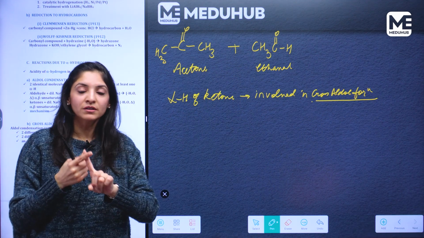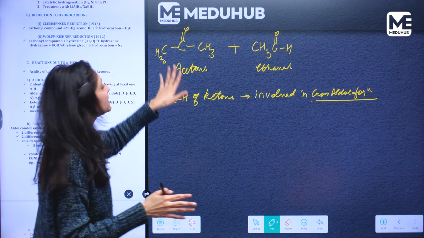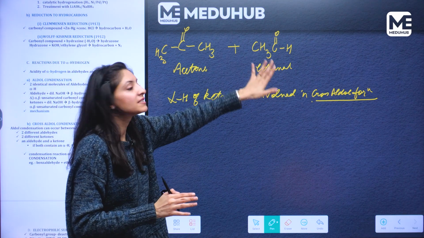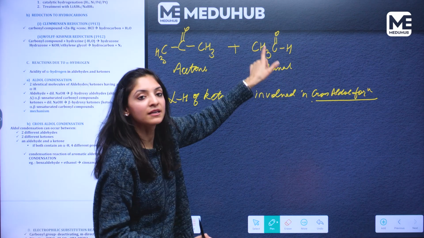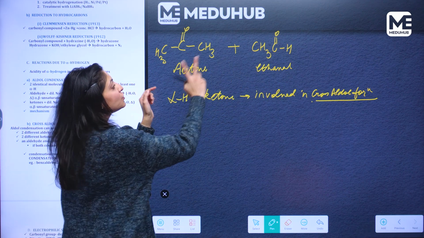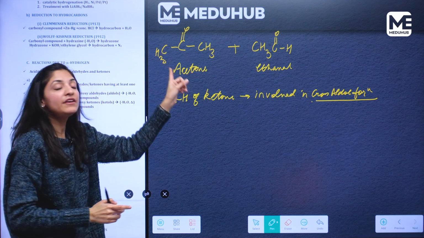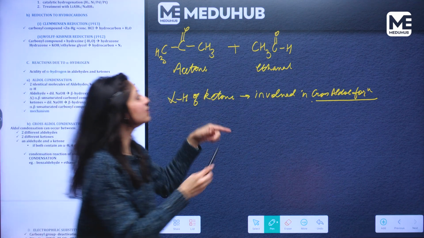So the first product, understand again, will be a simple aldol product between acetone and acetone. Second can be a simple aldol product between ethanol and ethanol. Now when these two are condensing together, alpha hydrogen only from acetone will be lost, and